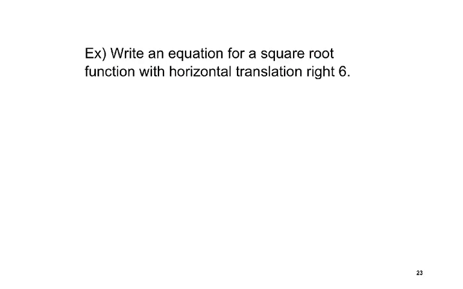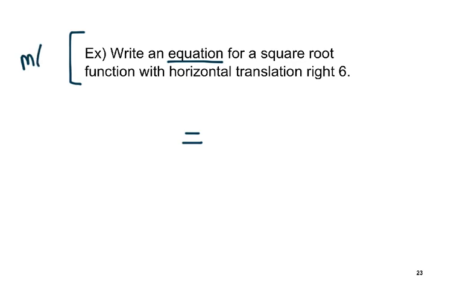The last example we can try is this one. It says write an equation for a square root function with the horizontal translation right 6. So again, let's break it down. First of all, it says write an equation. So we know we're going to have an equal sign down here. And we also know that we're creating a new function. So why don't we call this new function